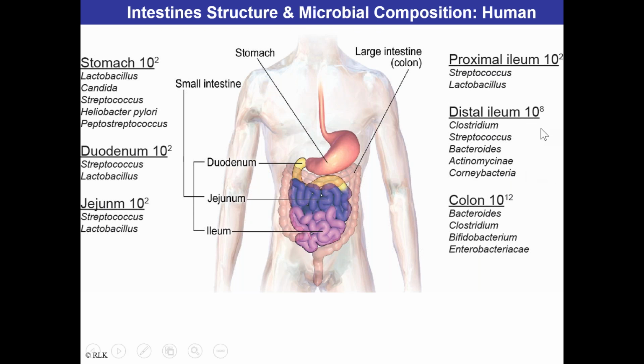Now you're talking about a factor of 10 to the 8, or even up to 10 to the 12 once it gets into the full colon. So here you have a bunch of different bacteria species, the population of which starts to diversify quite considerably. In the stool that is ultimately formed, which is formed in the large intestine, it is not then surprising